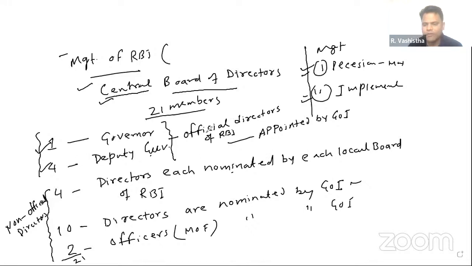For a complete tenure of 5 years. Right? For a complete duration of how many years? 5 years. But this tenure of official directors is being split in two different parts. The first term of service is only for 3 years, right? And then an extension of 2 years can be provided to them by the government, right? So 3 plus 2, this is how they are appointed by the government,